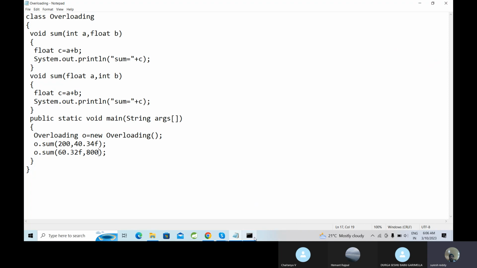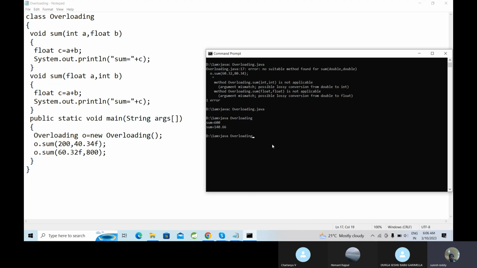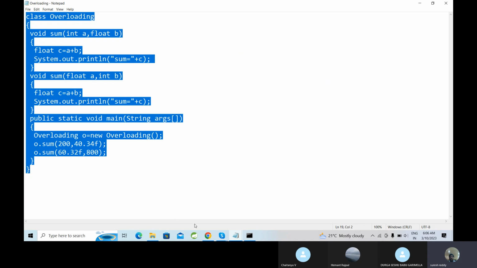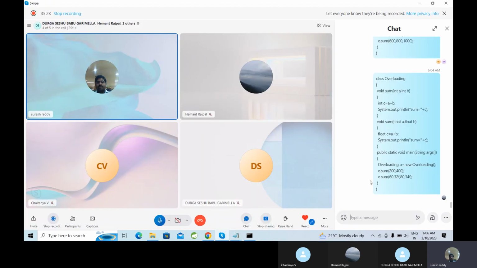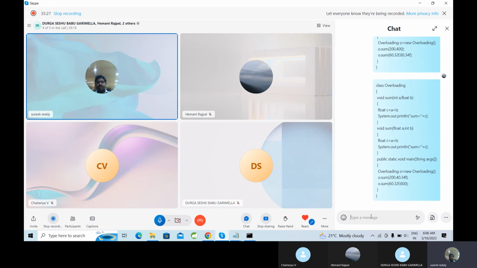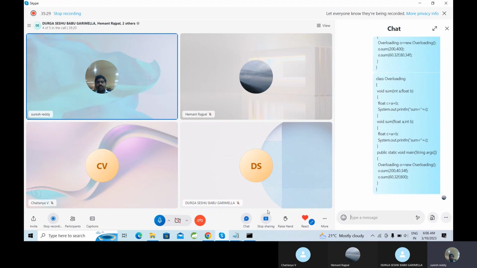Okay, so now open your notepad. Now you can compile the same program: javac space overloading.java, java overloading. Now go and copy this one on the chat box. Everybody please go and copy this one on the chat box. Yeah, yeah. Now after this,